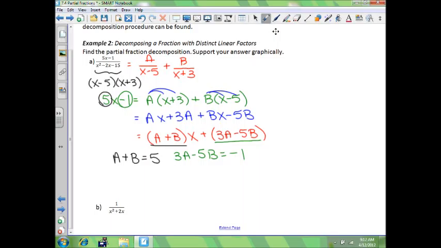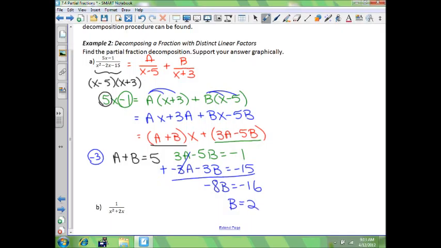Well, if we need to solve this like normal, I can multiply this equation here by negative 3. So I have negative 3A minus 3B equals negative 15. Adding down, I'll have negative 8B is equal to negative 16. B is equal to 2. Now, if B is equal to 2, then A plus 2 is equal to 5, which means A is equal